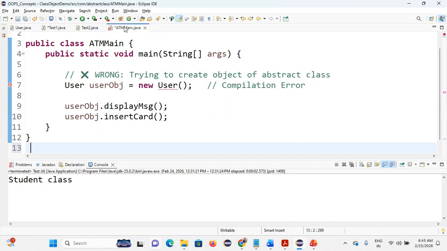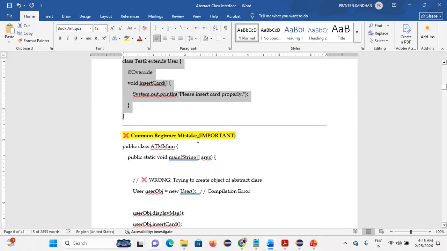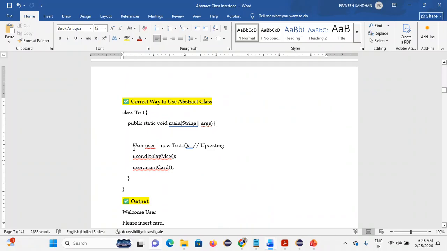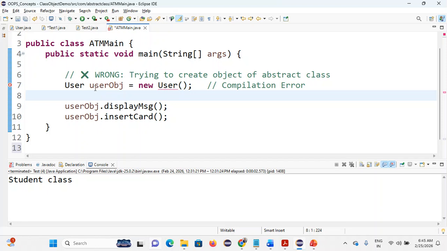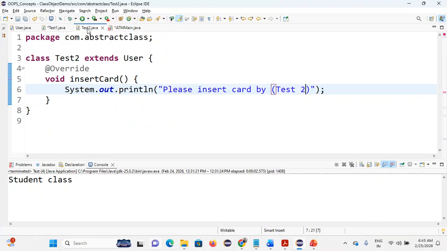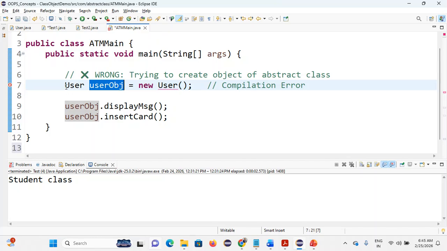So for that purpose, I'm going to create an object for the child classes. So the left side is the child class name. We are doing upcasting. Prerequisite, please watch the previous session on why you are doing the abstract upcasting, because the method should be overridden at runtime. In case I'm using the same name on both sides, test one or test two,